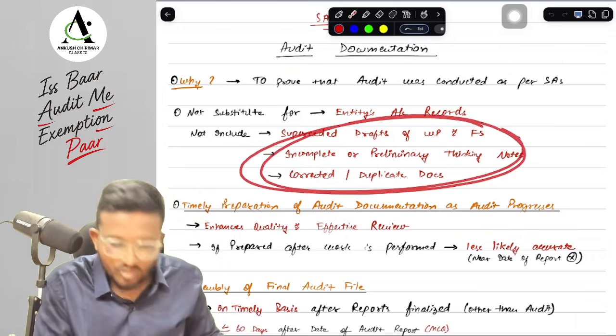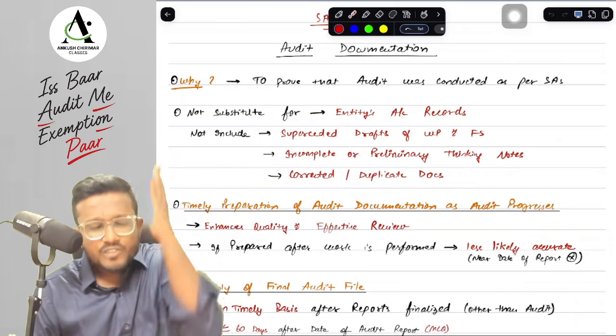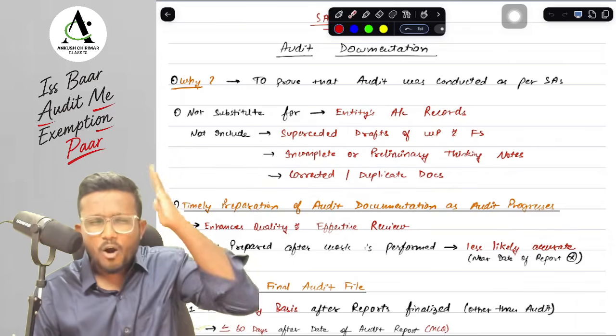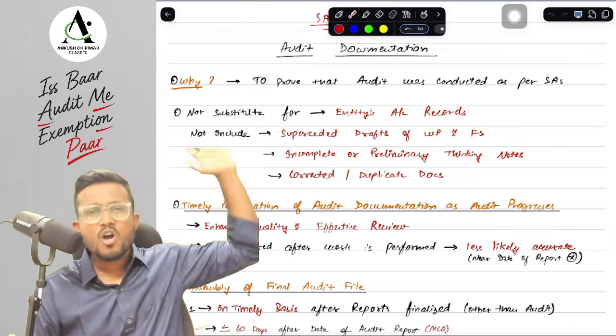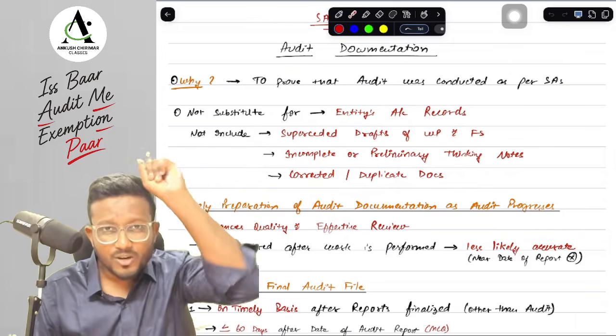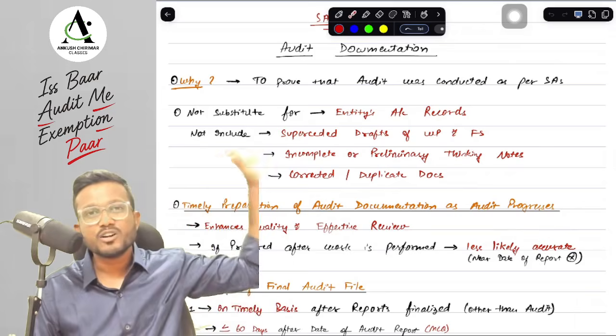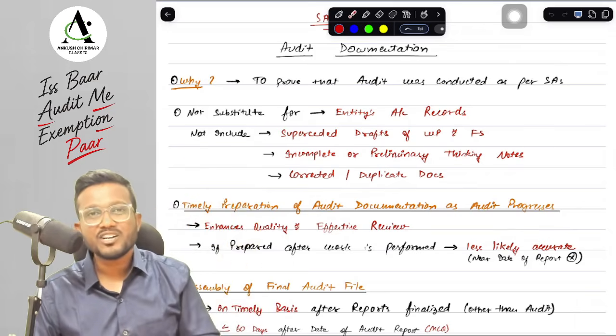So which means what? If you study these three, then we get to know that in the audit documentation we just need to include one copy of the final version of everything, of every report, every document, every working paper, every financial statement. We need to include just one copy, and that should be the final version only. We need not include any draft versions of any of the documents.